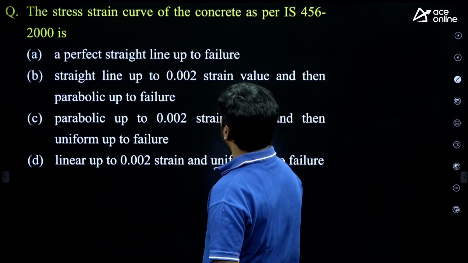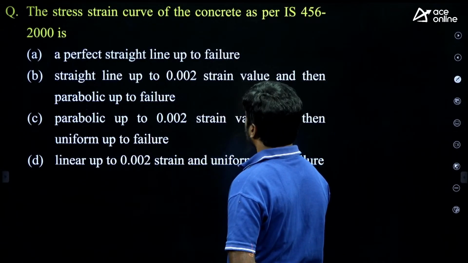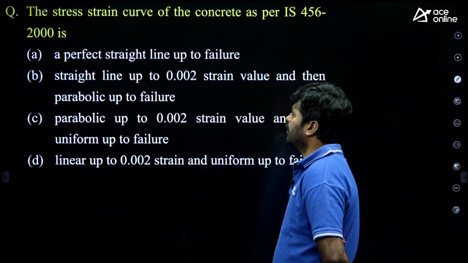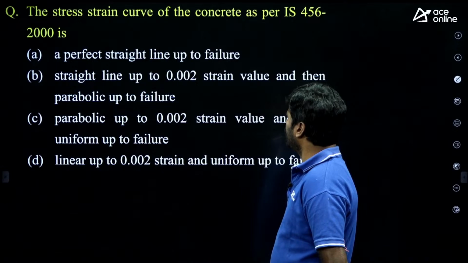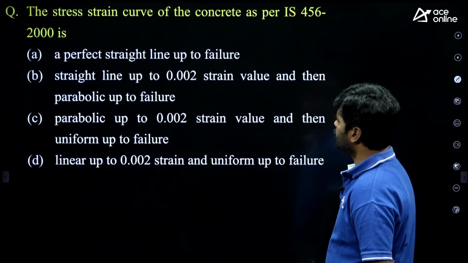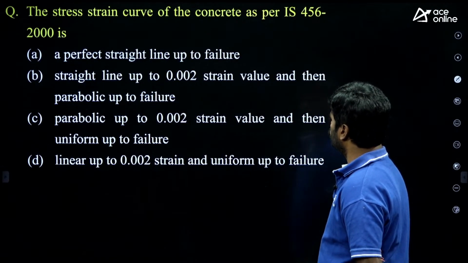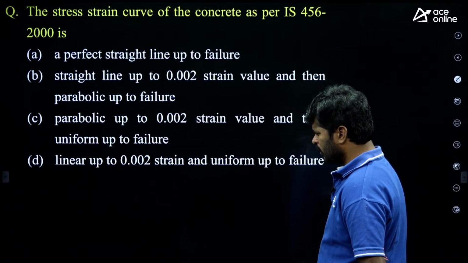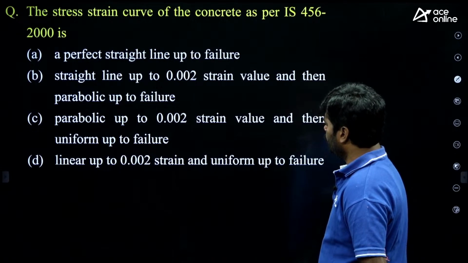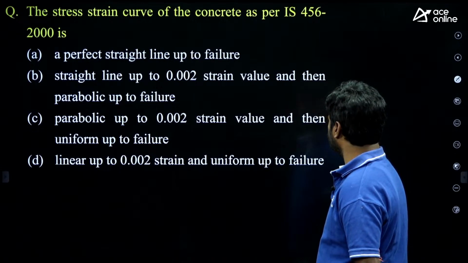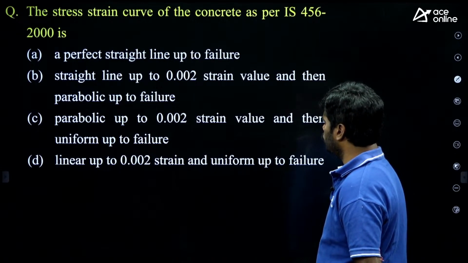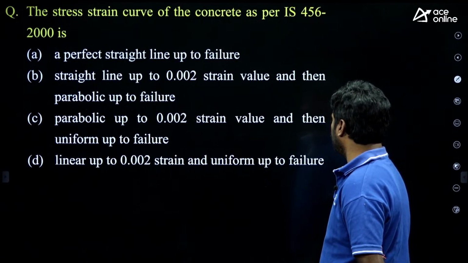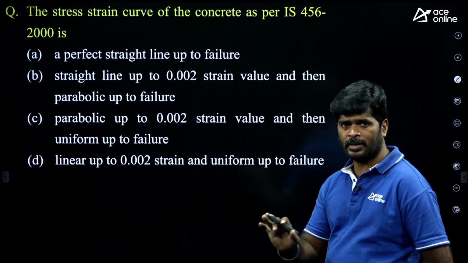The stress strain curve of the concrete as per IS 456-2000 is, my dear, options given: A, perfect straight line up to failure; B, straight line up to 0.002 strain value and then parabolic up to failure; C, parabolic up to 0.002 strain value and then uniform up to failure; D, linear up to 0.002 strain and uniform up to failure. My dear,